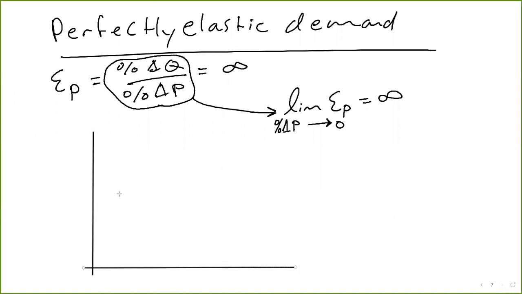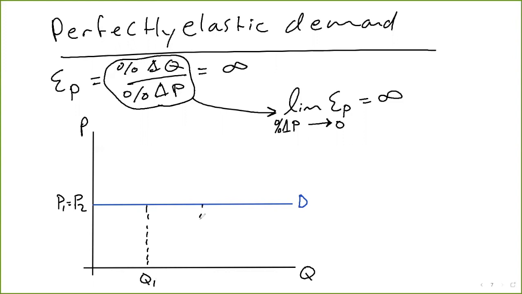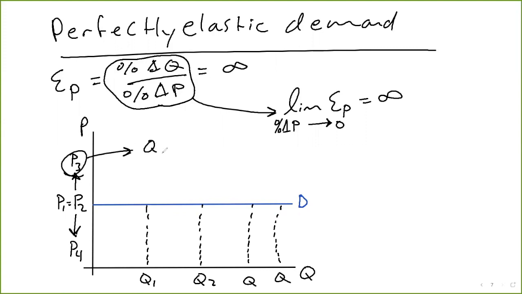So a perfectly elastic demand curve is going to be one that's completely horizontal. And so what perfectly elastic demand is saying is that at a 0% change in price, as in price doesn't change at all, you could still have a change in demand because all these values on the x-axis are consistent with that price. The other implication of this is that if price changes at all from this value that corresponds to the demand curve, so we could go up to P3 or down to P4, well, then demand goes to 0,